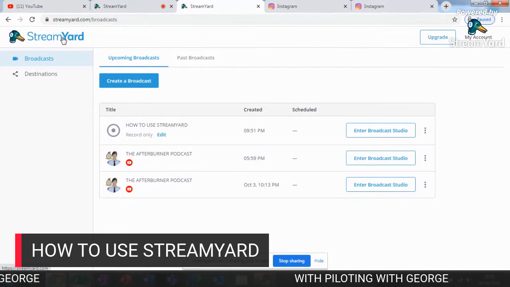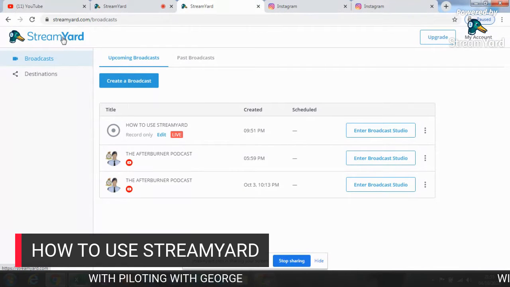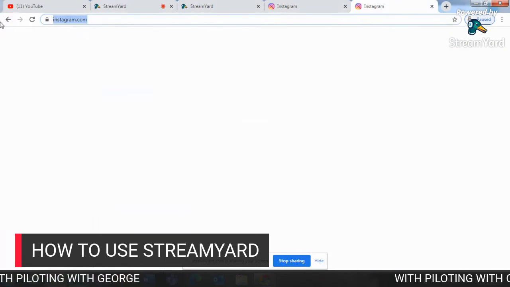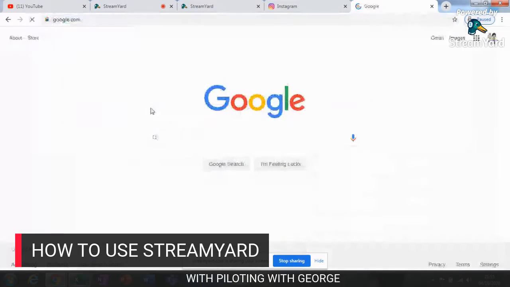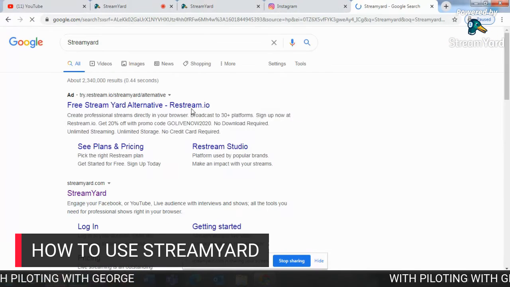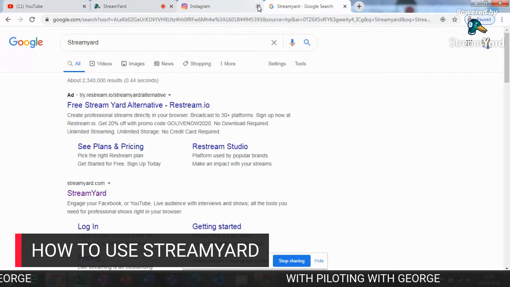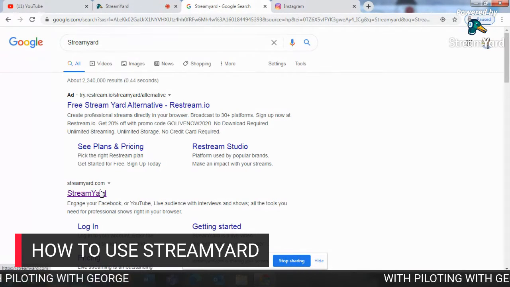So this is StreamYard. All you need to do is literally type in StreamYard on your Google or whatever you're using, like I'm going to show you now. And of course, I'm just going to get rid of that tab. So here we go. StreamYard should be this thing here, streamyard.com. You go on to StreamYard,